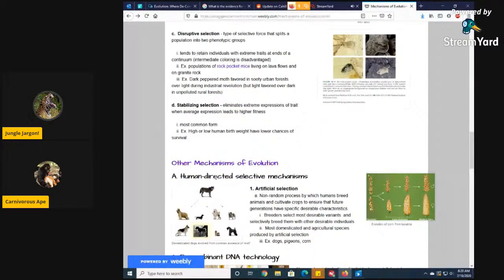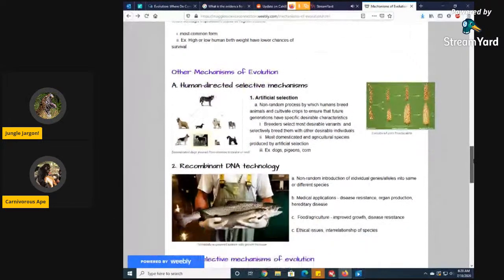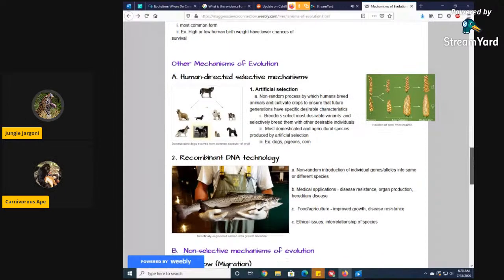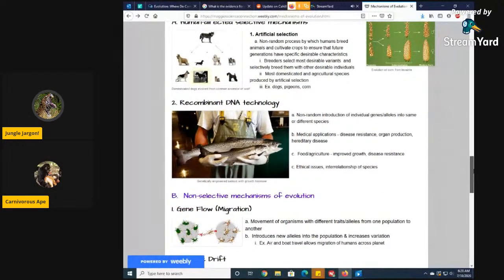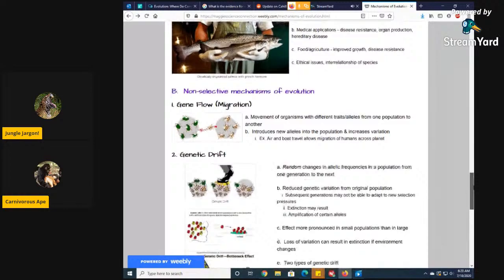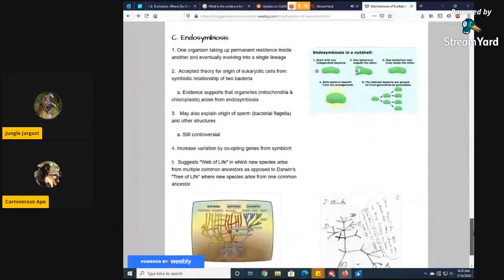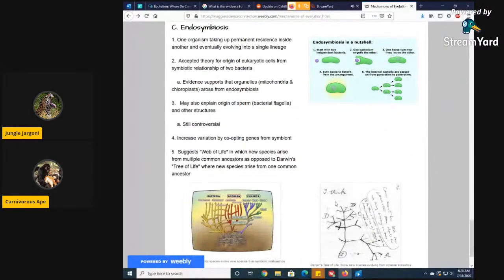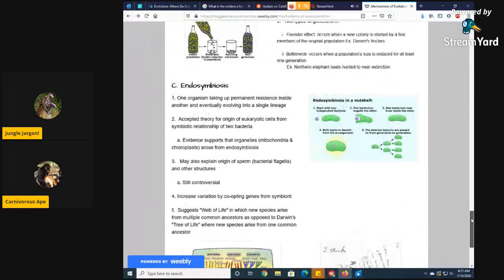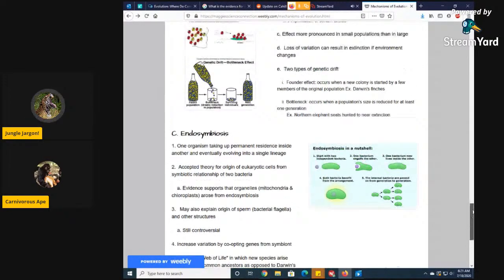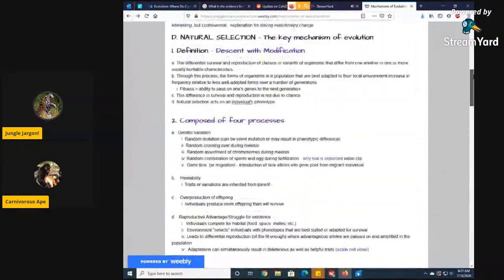Other mechanisms of evolution. Okay, this is not evolution. It's still evolution. Selective variation, it's just artificial evolution. Oh, you got two different sizes of the same fish. Okay, gene flow, which is not. None of this is evolution. Every bit of this is evolution. Then you have this imaginary tree of life, none of which is observed, because it all appears suddenly in the Cambrian explosion.